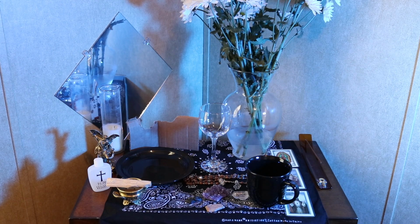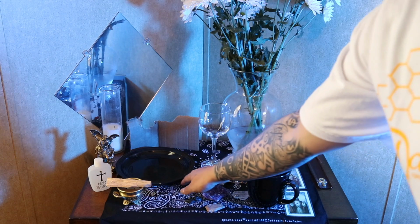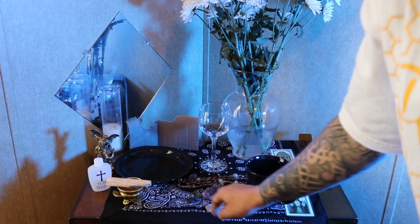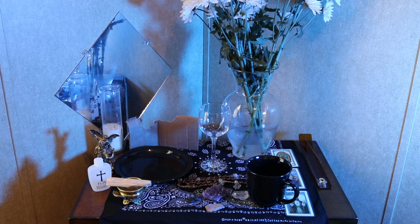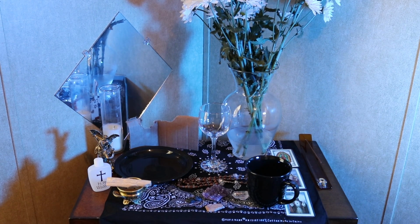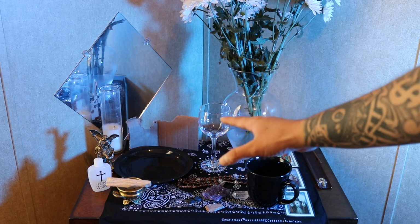I usually put things that are more like a sweet instead of a sour. I try to leave everything sour out. I don't want to throw any sour energy towards them. I want everything to be sweet, everything except the coffee. I leave the coffee black because I think one of my grandpas liked it black, one of them liked it with creamer, so I'm not going to put two different cups. So I just leave that black, nice and hot all the time. So on my plate, I usually put